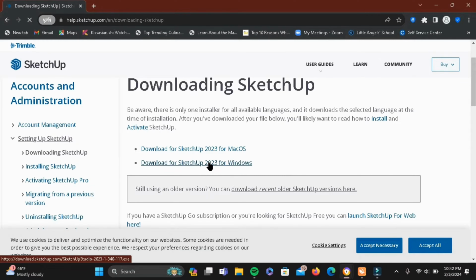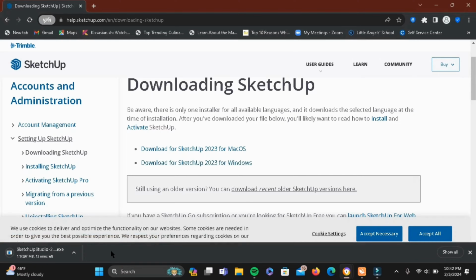Then, at the bottom of your screen, you should see that the download has been initiated, and it's going to look something like this. Once it is downloaded, you have to go ahead and extract from the file and install it